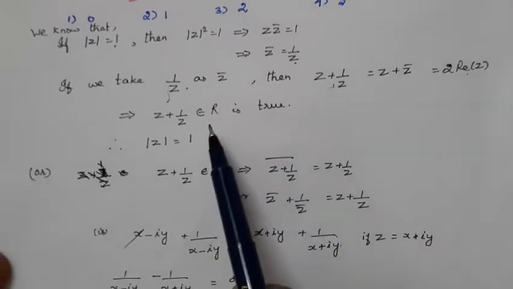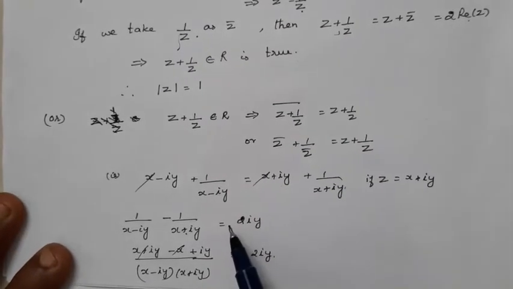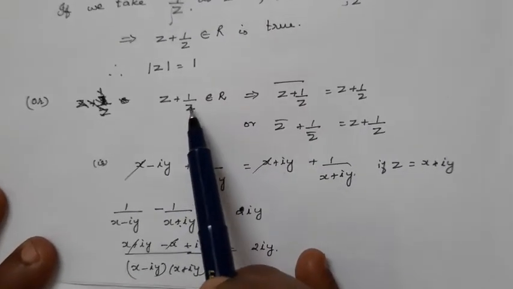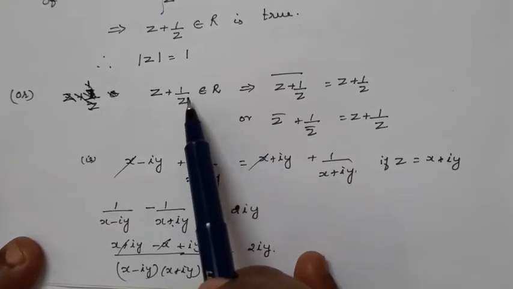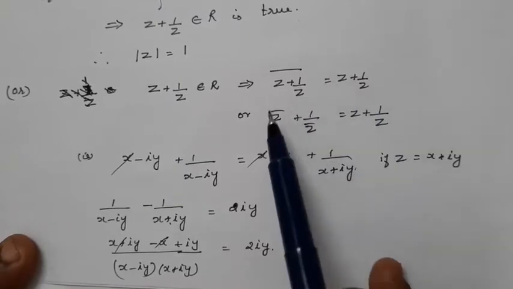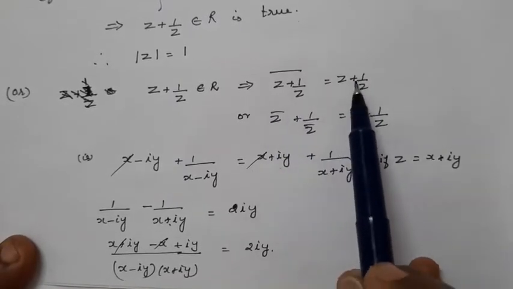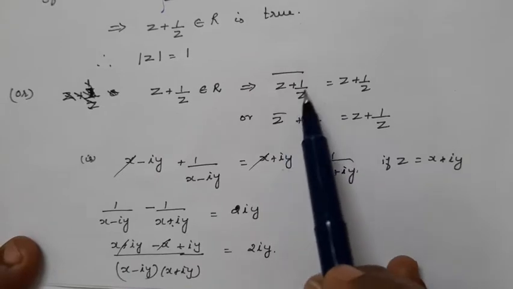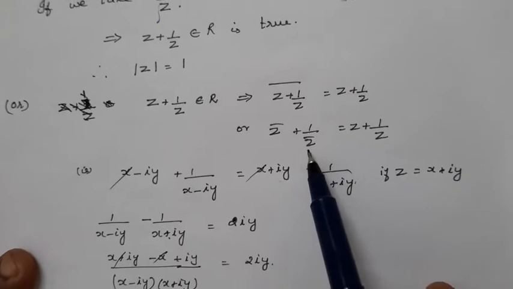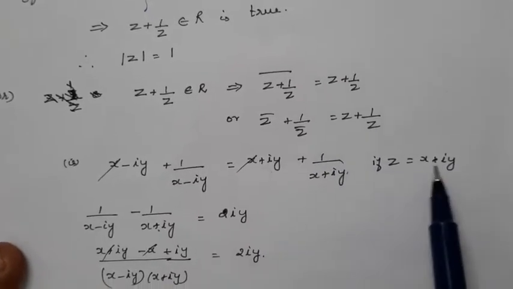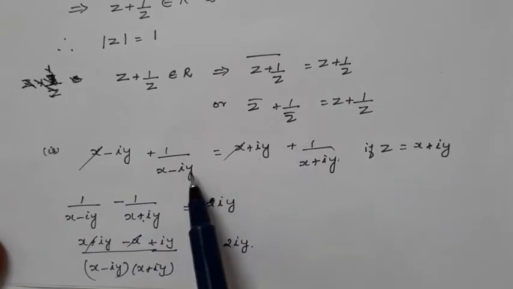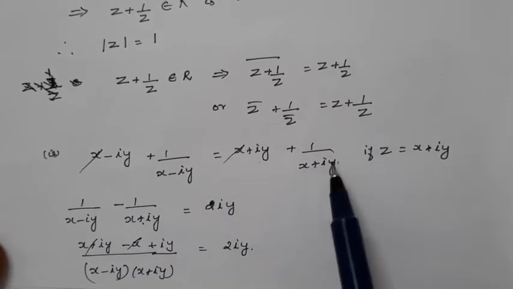If you are not able to understand this, let us give a solid proof for that. Okay. So as z plus 1 by z belongs to R, it is purely real. When a complex number is real, its conjugate and the number itself will be equal. So z plus 1 by z the whole bar equals z plus 1 by z. Applying the property of the conjugate, it will be z bar plus 1 by z bar. Okay. Now let us replace z as x plus iy. So what is z bar? x minus iy, and 1 by x minus iy equals x plus iy plus 1 by x plus iy.